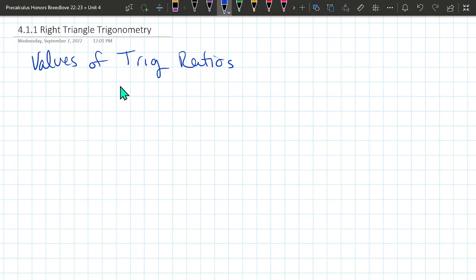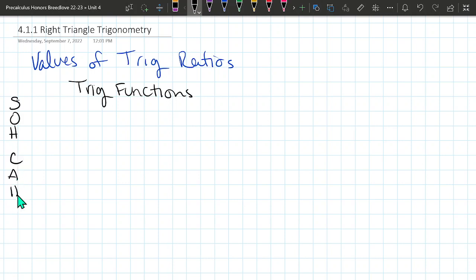So first we're going to look at the trig functions. And to do that, typically we use SOHCAHTOA. I've always seen it written horizontally, and I don't really know why people do that. I think it makes a lot more sense if you write it vertically. You can just write it down the margin of your paper, and then it's just there so you